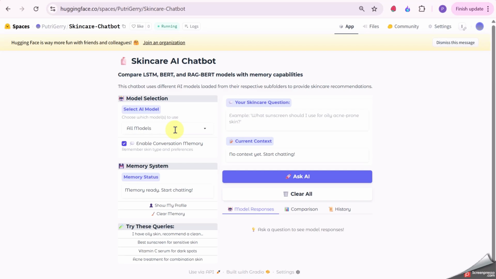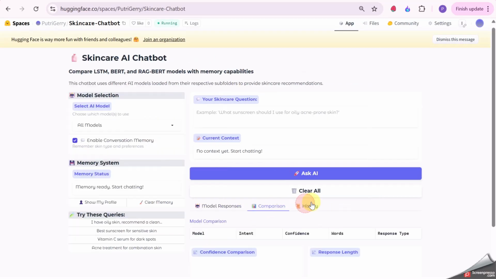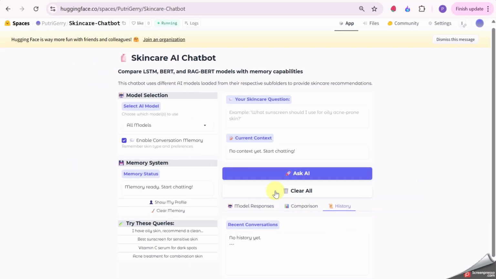The left bar is divided into some sections: the model selection, memory system, default query, and on the right bar we have a question section, context, the buttons, the model's response, comparison, and history.